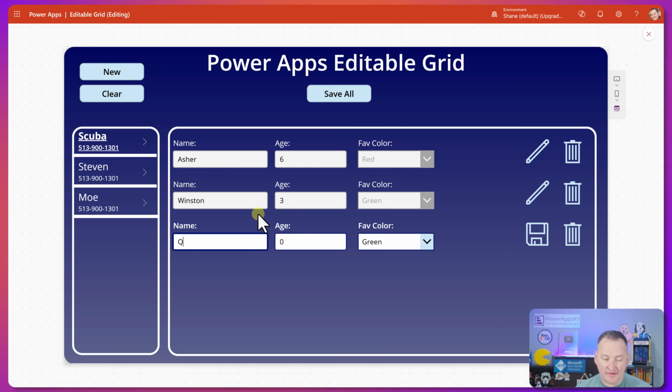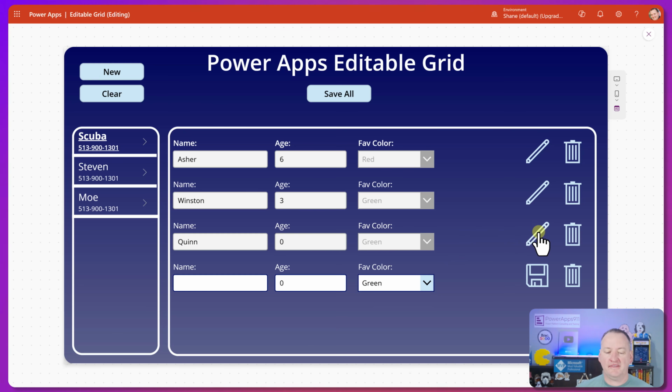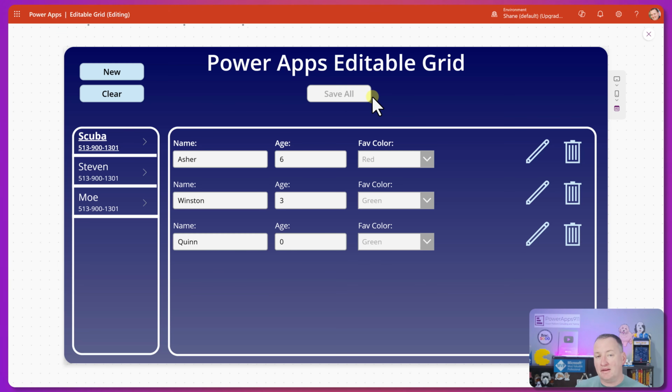For example, by the time you see this video, Quinn, Jeff's daughter, will be born, and she will be 0 because she'll be like 3 days old at that point. And we're just going to say that her favorite color is green. Sounds great. We'll say save. Now the data is all there. We can get rid of the blank row or we cannot, it doesn't matter. And then when we do a save all, this will actually push it back to our data